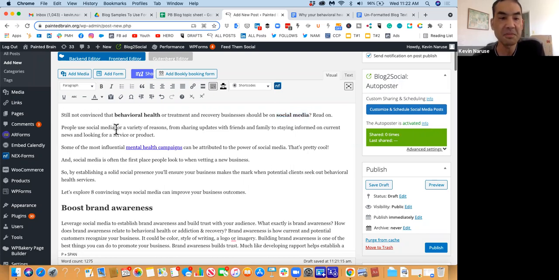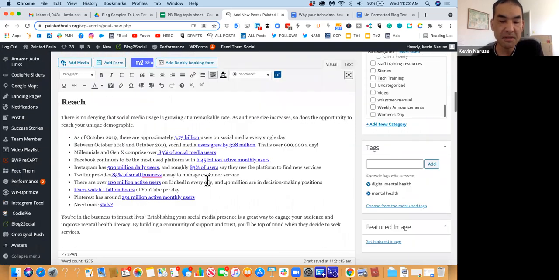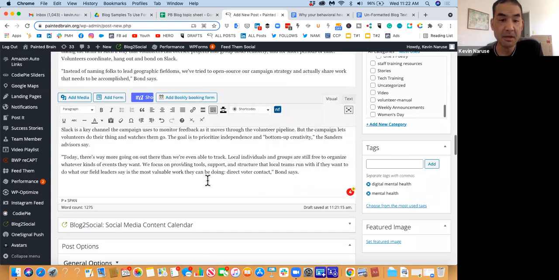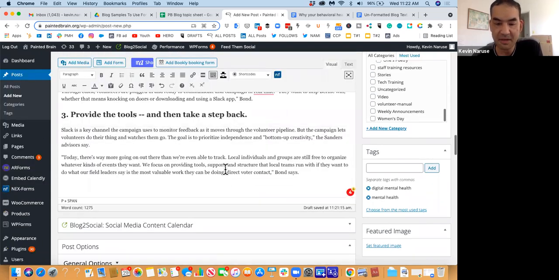I could have put social media here, but why not put it in the top paragraph? Now, another place that's very impactful is the bottom paragraph, because, let's face it, when somebody makes a State of the Union address, what do you remember the most? The beginning and the end, maybe? Same thing with a movie, maybe? You remember the beginning and the end, and forget about the details in the middle.